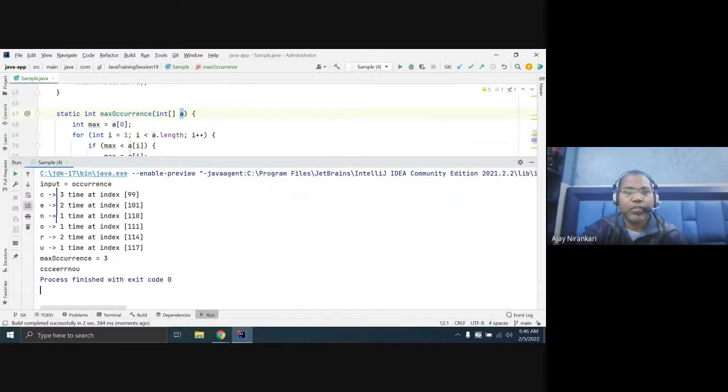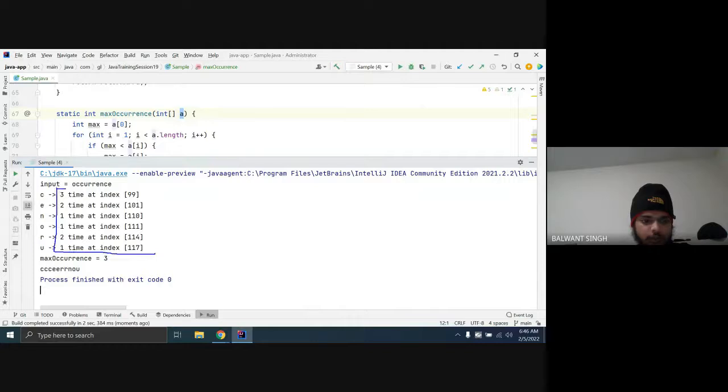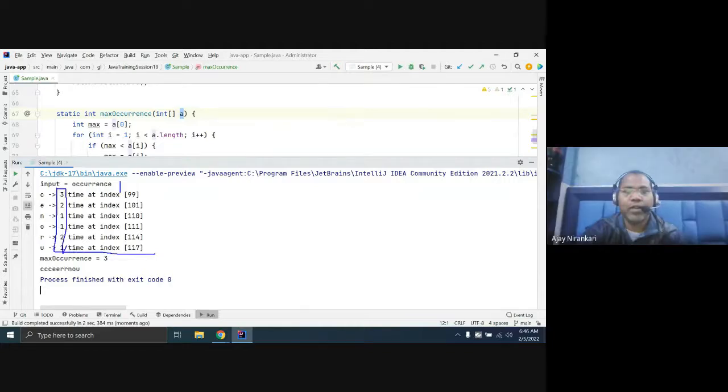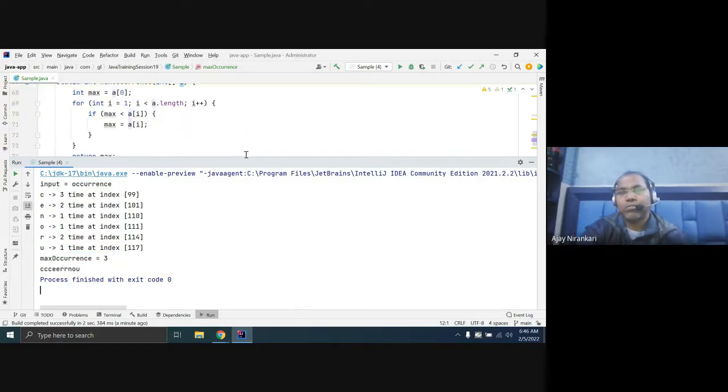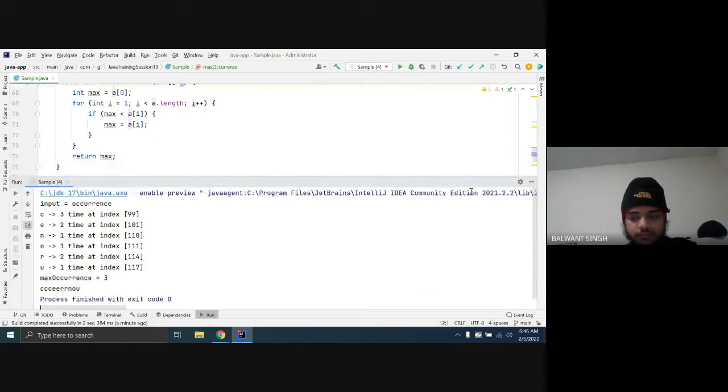In this case, this is your array, and the array has this as the value and this as the index. So here, what is the maximum? You just find the maximum value: 3, 2, 2, 2, 2, 1. So you find the max. You know how to write the max code. Is there any doubt about how to write a max? No, sir, there is no doubt.